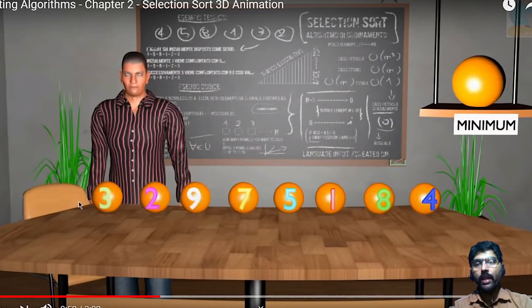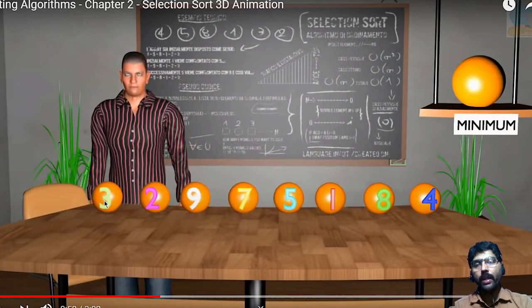Here you already know that the numbers are put in an order, ascending or descending. Now how selection sort actually works, I will explain with this animation. Here I have one temporary variable called minimum, or lowest value, and I have one array. Now I want to sort this array.